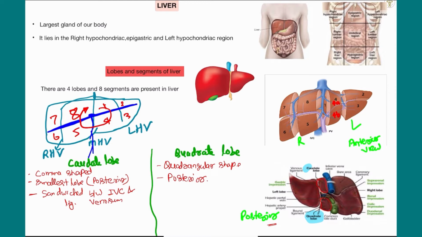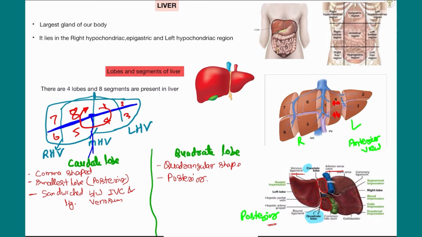So please learn this. This is present between the inferior vena cava and the ligamentum venosum. Like this, the same caudate lobe. Where is the caudate lobe present? The caudate lobe is present between the gallbladder